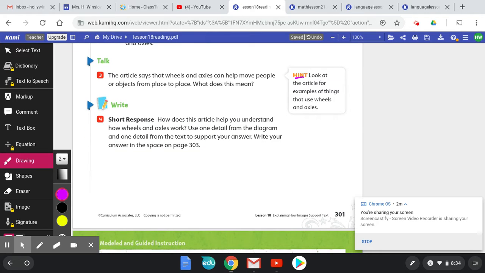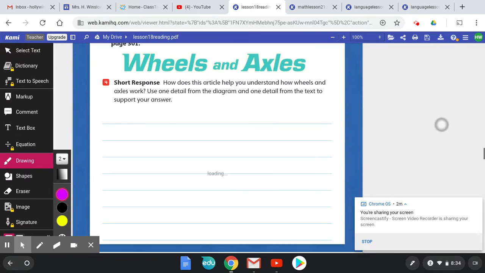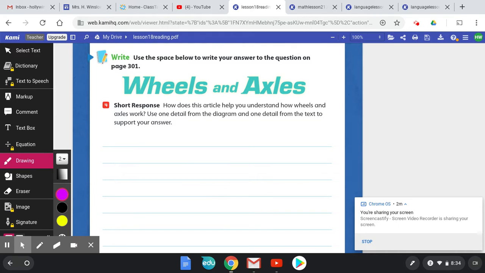How does this article help you understand how wheels and axles work? Use one detail from the diagram and one detail from the text to support your answer. Write your answer in the space on page 303. So if we go to that page and we look at this, what would we put? Well, you would want to make sure that you looked at the story and looked at the diagram to help you write this answer, because you have to use something from the diagram and a detail from the text. So I'm going to put, the article